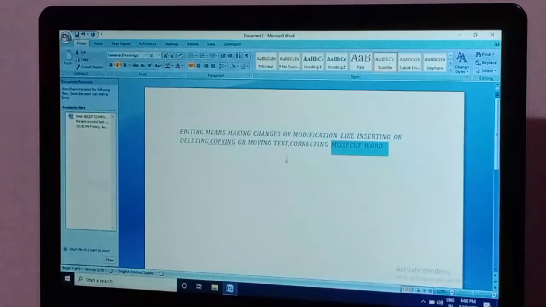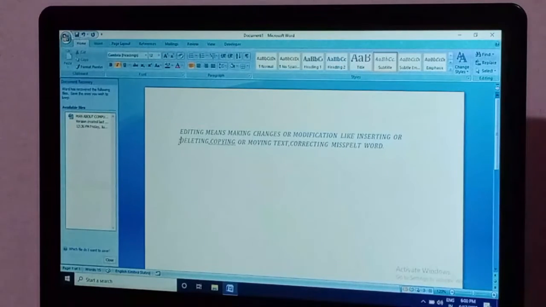Second, line selecting. This is the line. Suppose this is the whole line for deleting or copying, and all of the line is to be selected. Just click to the deleting area, and this mouse pointer is at the left of the line.